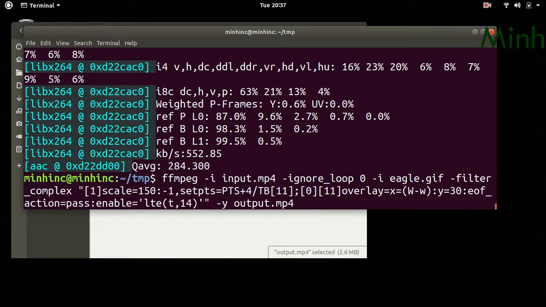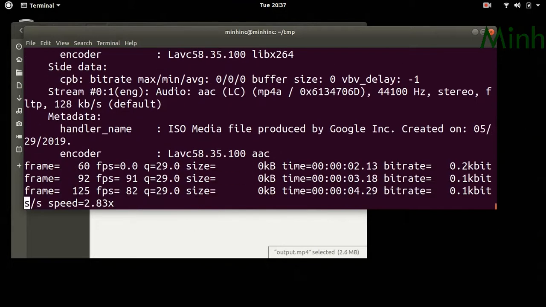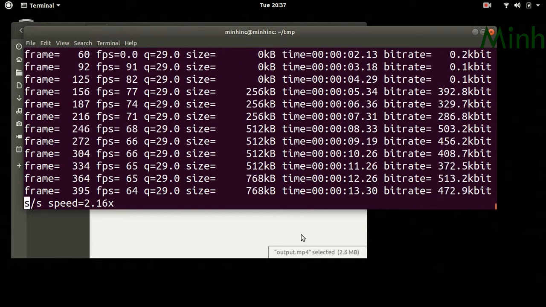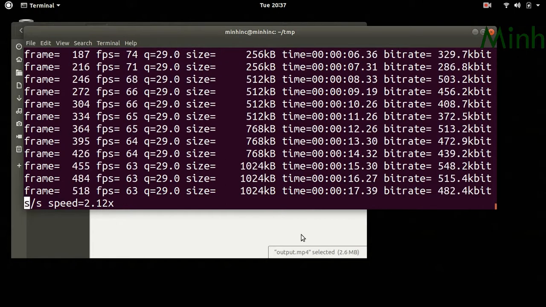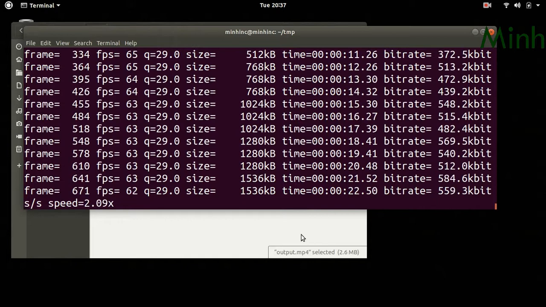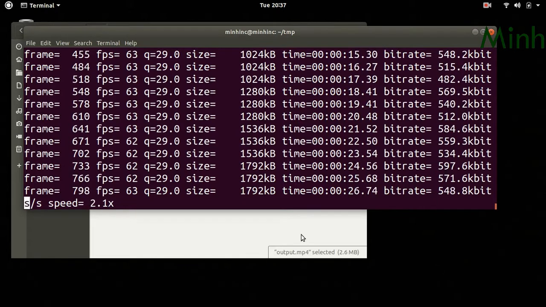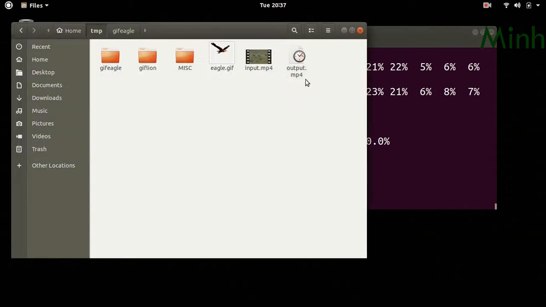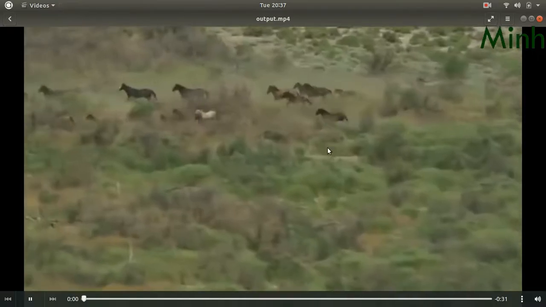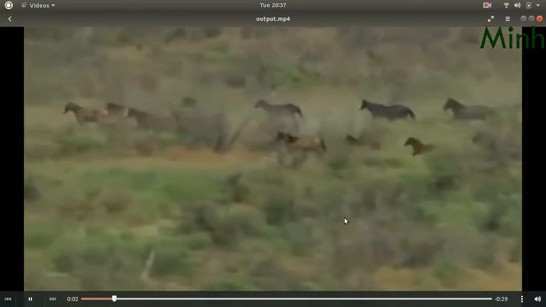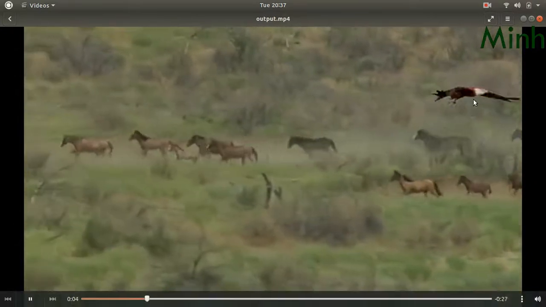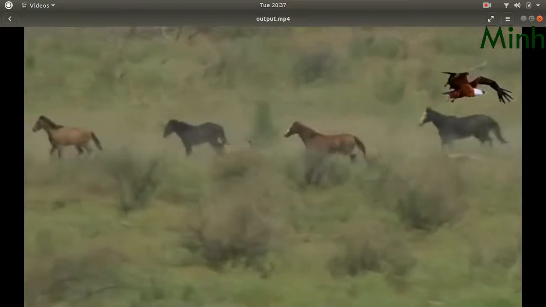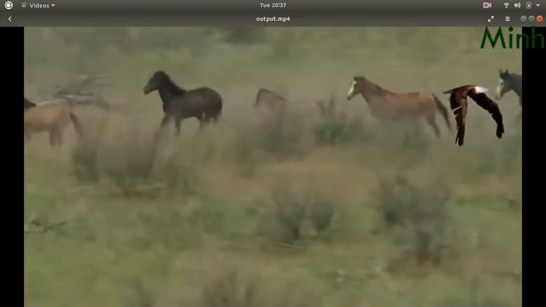We can scale it and then we can try. Okay, so it should be really small. Yeah. So this is small now. So we can scale the GIF and we can place it wherever we want.